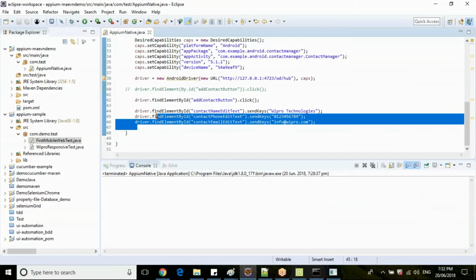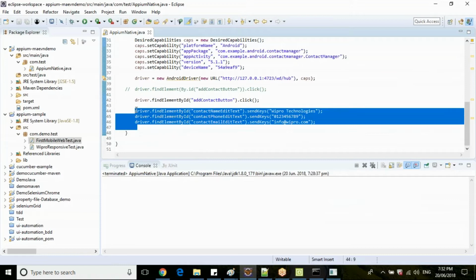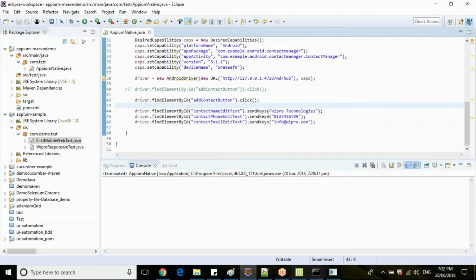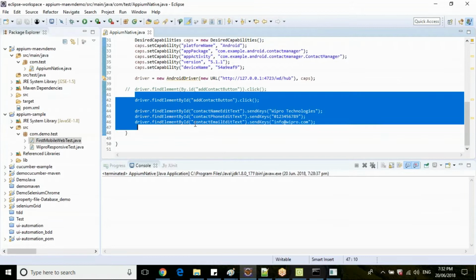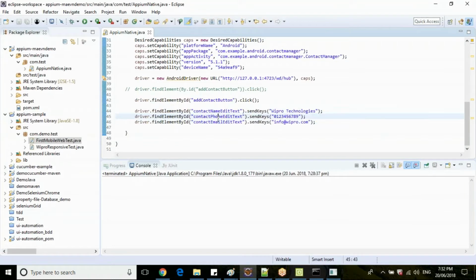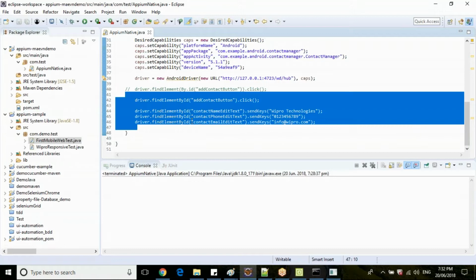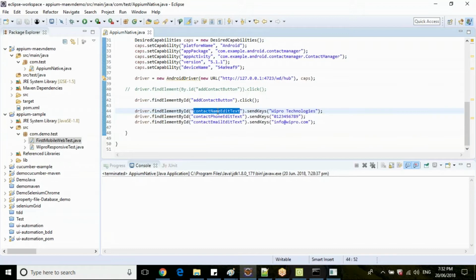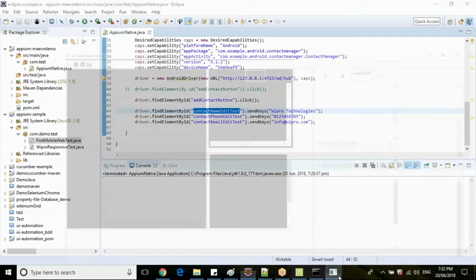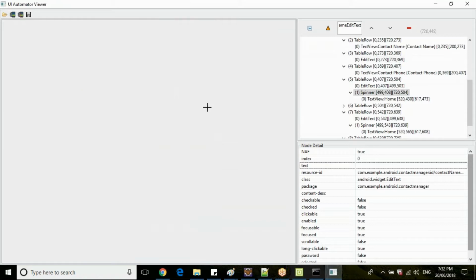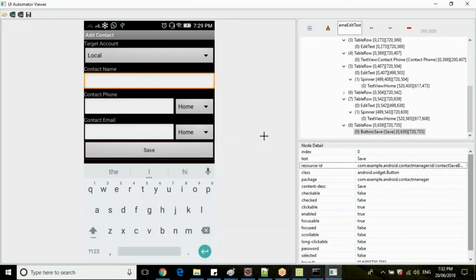Clear, guys? Any queries here? How to inspect your native elements and send the keys. The code remains the same, guys. The code will not differ for mobile web, normal Selenium Chrome automation, or mobile native. All the driver functions are the same as they are. The only thing that changes is identifying your elements. Here you use UI Automator to identify your native elements, whereas for mobile web elements you will use the Chrome browser.